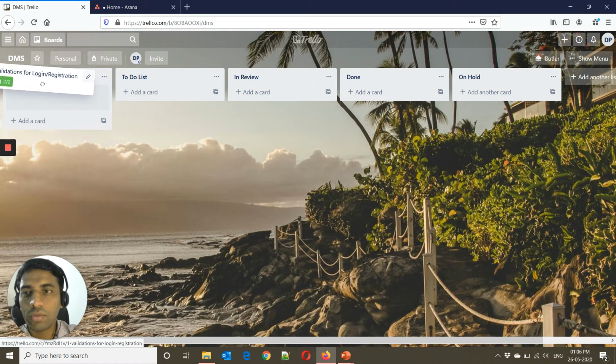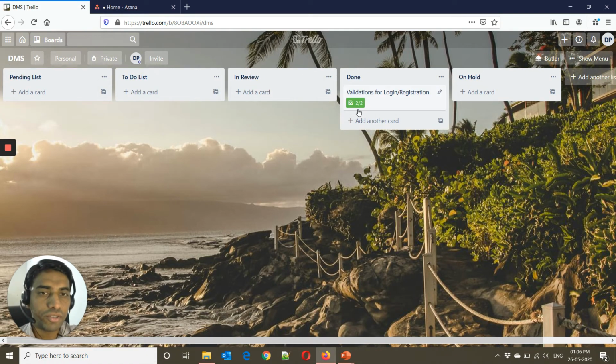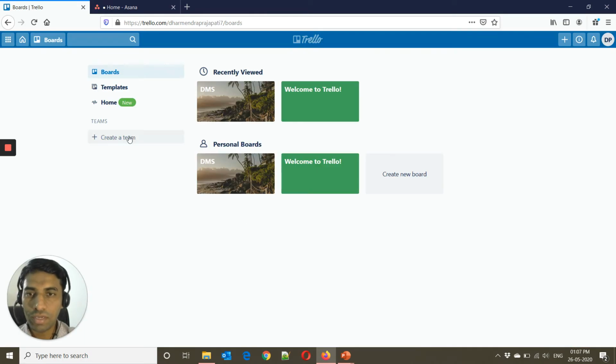So that way, all of the tasks will be effectively managed with this Trello, and all the team members can see your task, and they can drag and drop between the workflow. Okay, and on the dashboard you will be able to see all of the projects created by you.